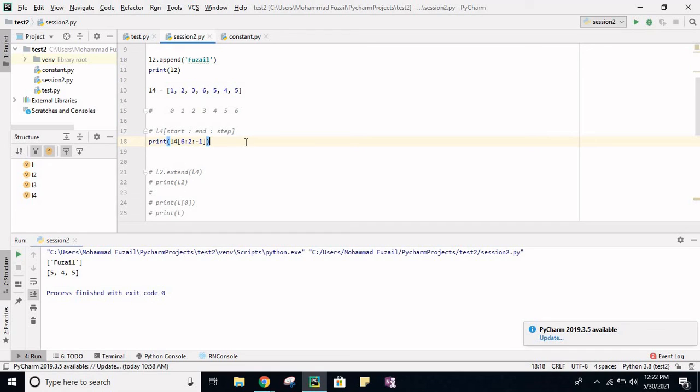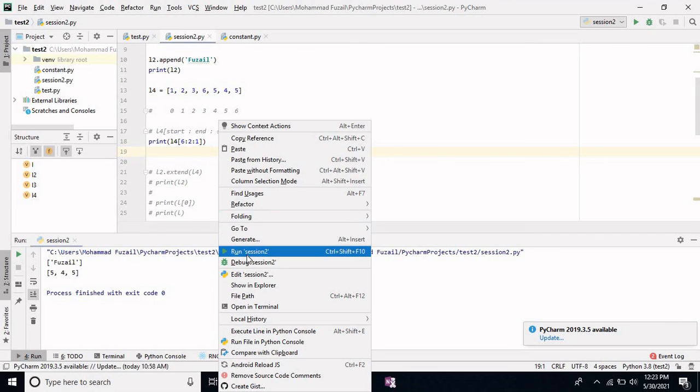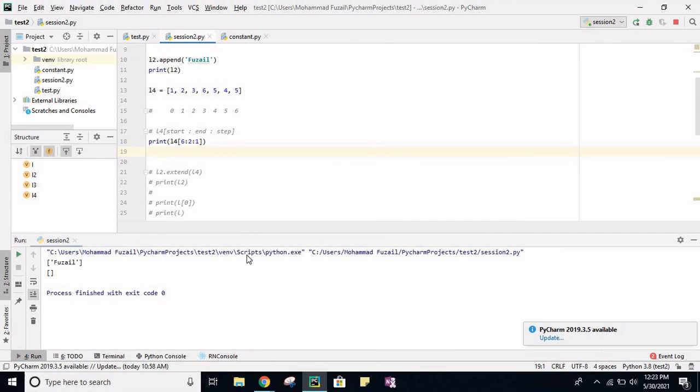Sir, if instead of -1 it is 1, then let's see what it will print. See, it will not get those elements because we are traversing in reverse direction. If you see from 6 to 2, and we are telling it to move forward in steps.